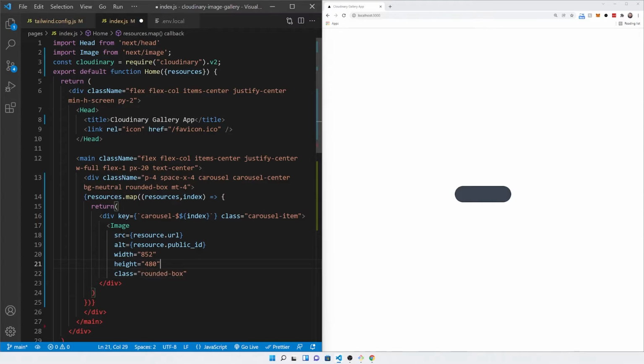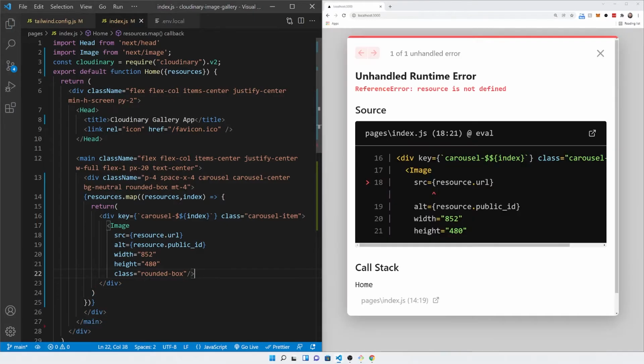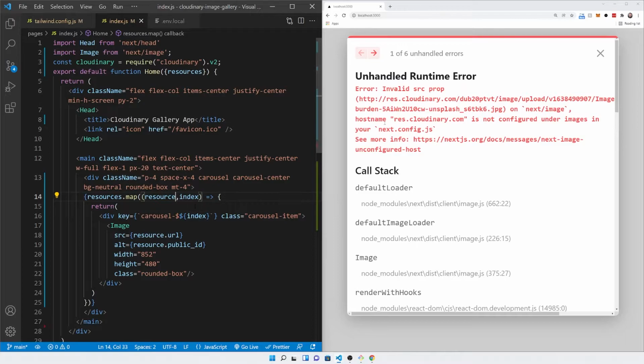Now when we hit save, the application is going to break immediately because we don't have this URL for next image, but that is okay. And then we can see what happens after the fact once we fix that. So let's go ahead and hit save. So we've hit save and we've hit this error here, and that's because this should be resource. So go ahead and change that to resource and hit save. And now you're getting this invalid source props, and it says hostname res.cloudinary.com is not configured under images in your